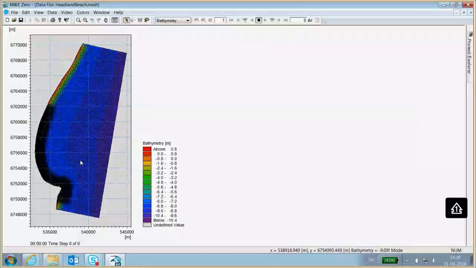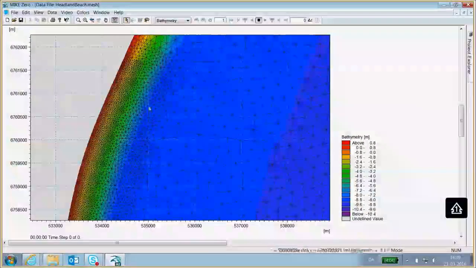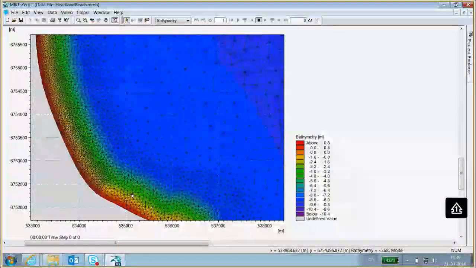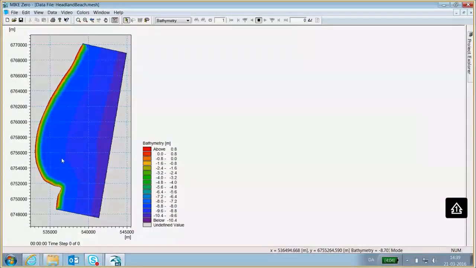The area that we are focusing on today is the area which is covered by the fine resolution in the mesh. If we zoom in, you can see there's an area in the mesh which has a fine resolution close to the shoreline, and that is our area of interest. So the task is to set up a shoreline model that can calculate the morphology along this area of interest, and also evaluate what is the impact on this shoreline morphology from different mitigation schemes. So that was just a little bit about the starting point and the mesh.